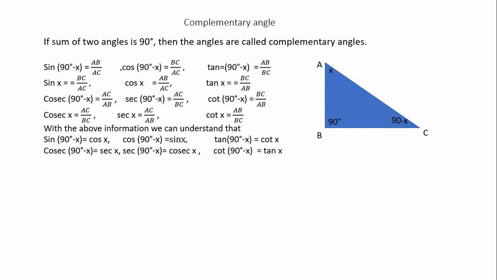Now we will discuss only 90 minus theta, meaning the angles lie between 0 and 90 degrees. If you join two angles, meaning the sum of the two angles is 90 degrees, then we call it a complementary angle. In the first quadrant, two angles whose sum is equal to 90 degrees are called complementary angles. So let us start now. If the sum of two angles is 90 degrees, those angles are called complementary angles.